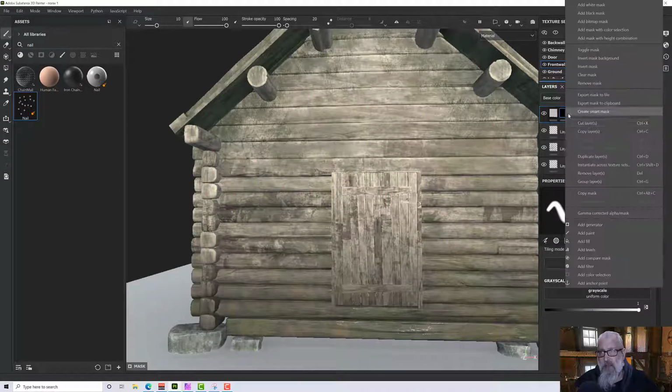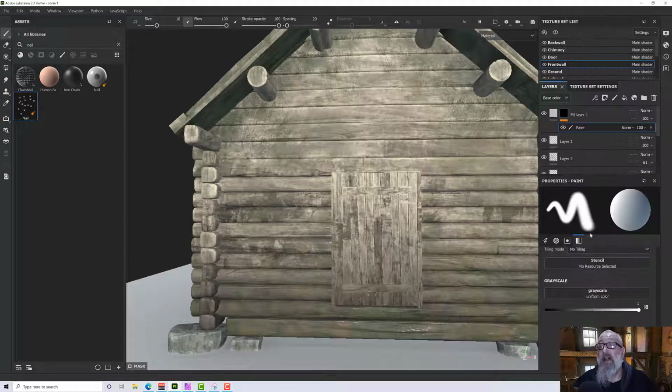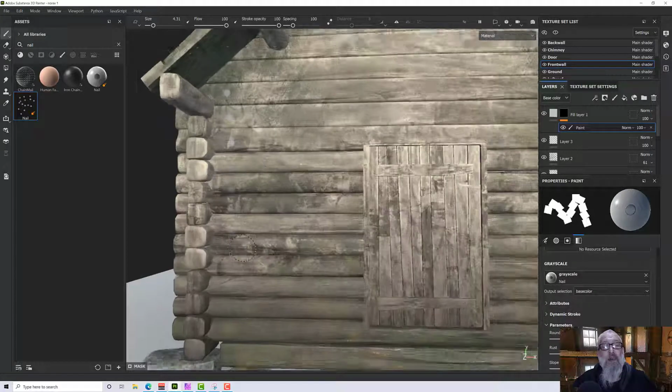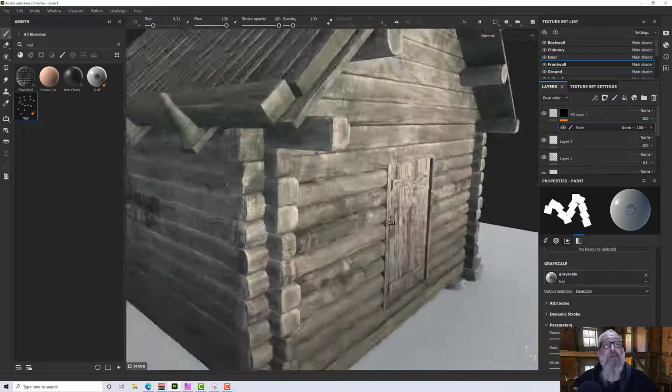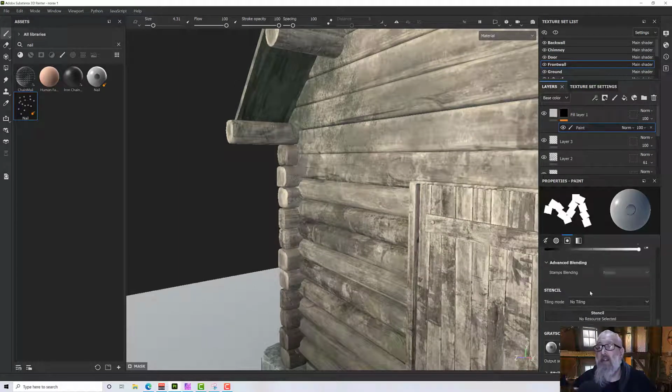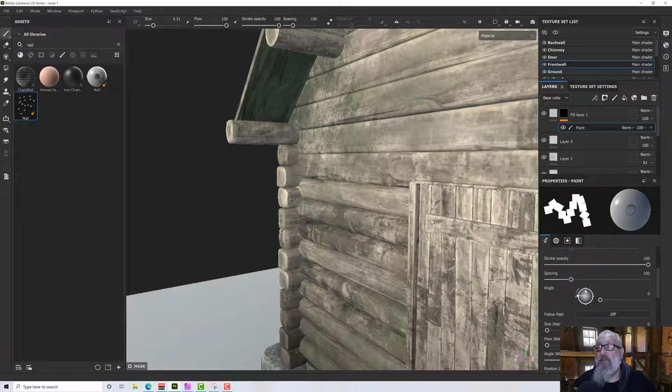paint a black mask. So let's go to add paint. There we go. So I've added a black mask, add paint, and now if I take that down a little bit, I'm going to use the nail tool and then paint down where I want a fixing. So I'm probably going to want some sort of fixings on the side of these. I might need to change my brush settings here, because I think my scales and jitters are probably a little, I think angle jitter is probably not going to make a difference. Spacing I want to bring down a bit, because I'm just going to draw and swipe essentially,